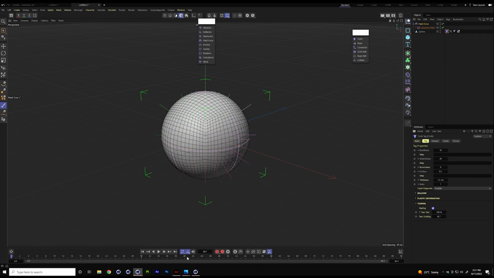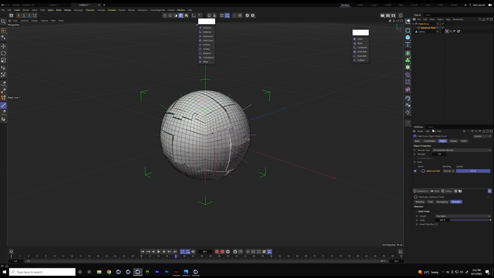I have to turn it on. Let's see, is it going to tear? It's trying to. It's trying to. Tear past 101. Let's see first of all if this is going to work. There you go. So it's tearing now. 1% more stretching than what we wanted, and it's going to tear. Good, good. Let's go to 115, and let's go to our field force, and I think it's normalize what I need to do.